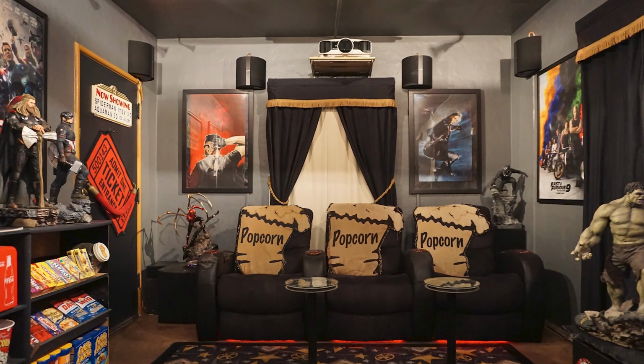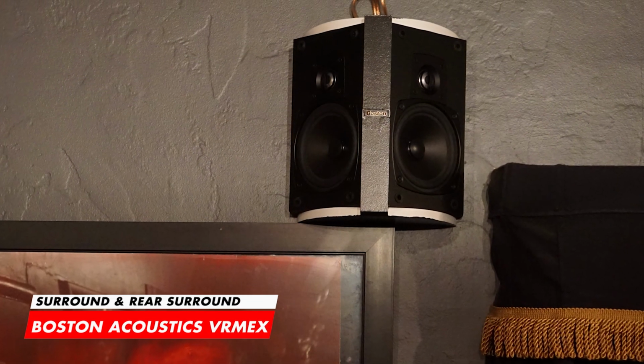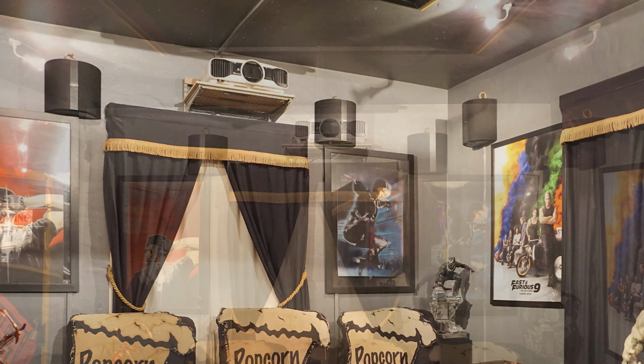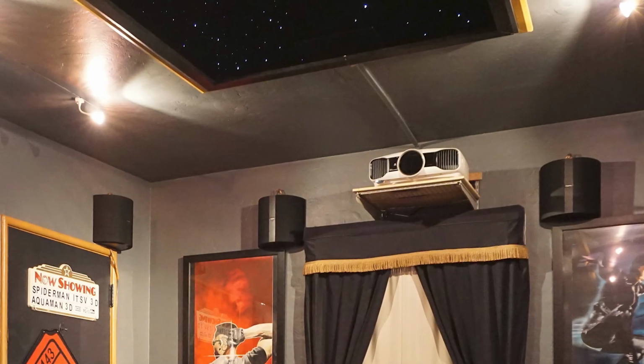For his surround and re-surround channels, he's kept things in the family and chosen the high performance Boston Acoustics VRM EX speakers. These dipole design speakers are wall or ceiling mountable, designed to be voice matched with the rest of the Boston surround speakers. Some will say they're mounted too high up, but for everyone to their own, and this